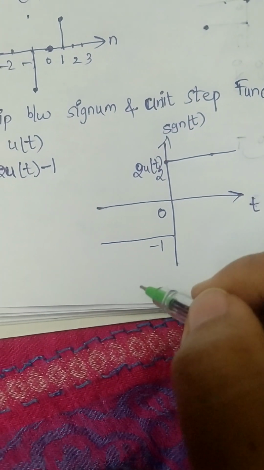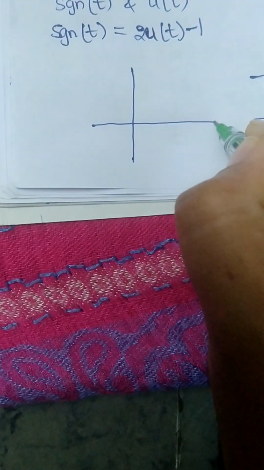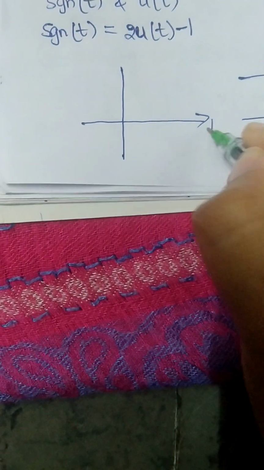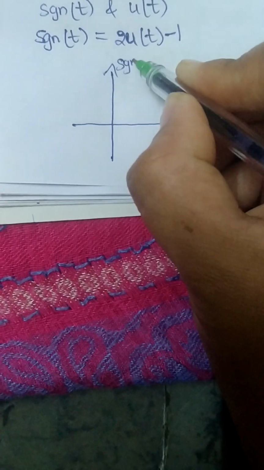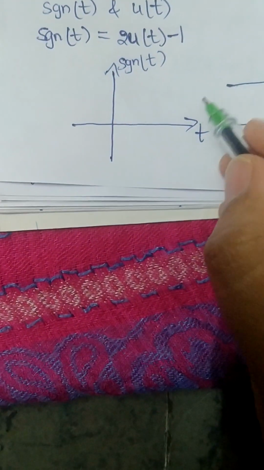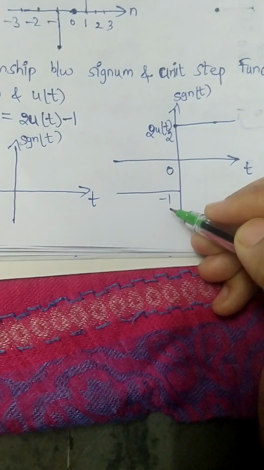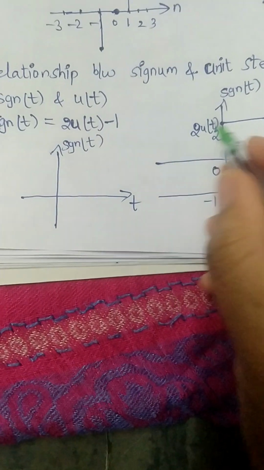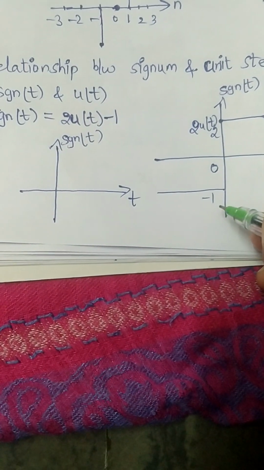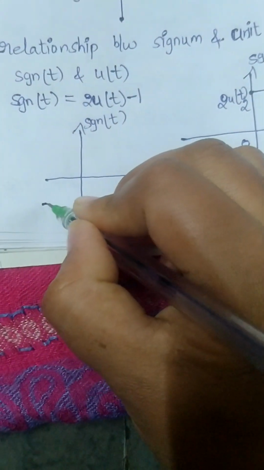Then what is the resultant answer here? The resultant answer is, we are subtracting 1 from 2u of t, that means 2u of t minus 1, right? Then the answer will be what? Minus 1 we are